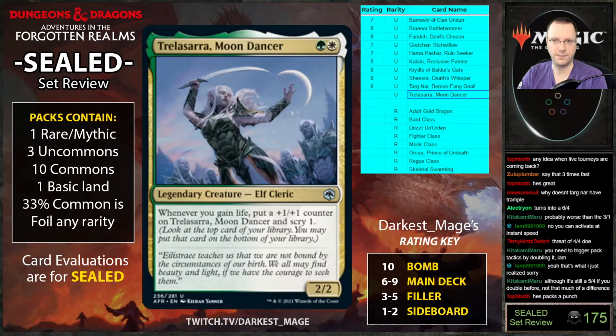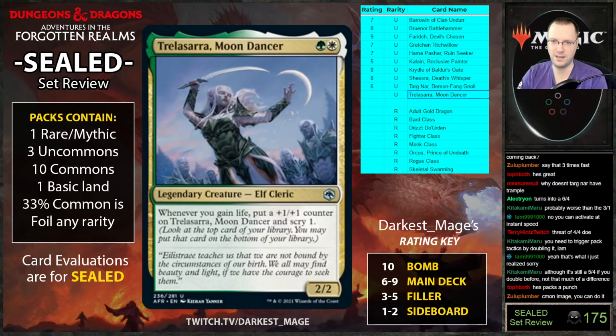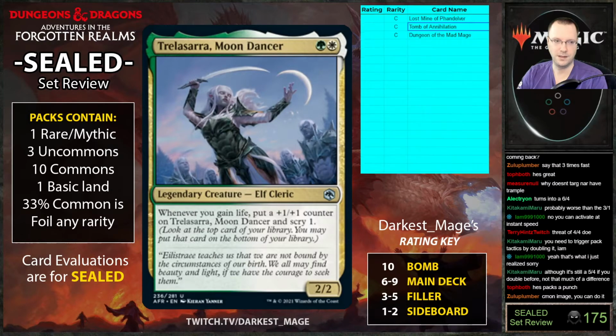Got my 30. Alright. Whenever you gain life... Wait, it's Trelasara? Moon Dancer. 2 mana 2/2. Whenever you gain life, you may... Oh, it's mandatory. Put a counter on this and scry 1. Sure. And you can gain life from the dungeons. You can gain life from level 1 of this